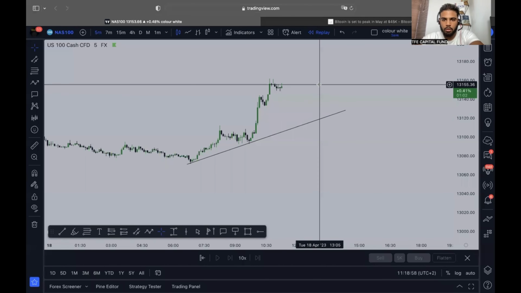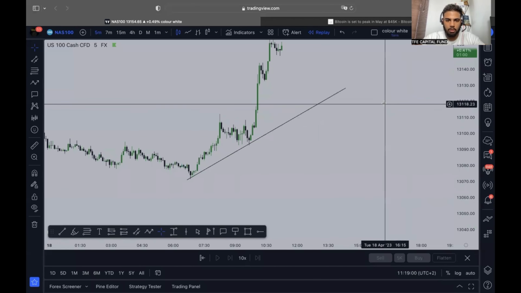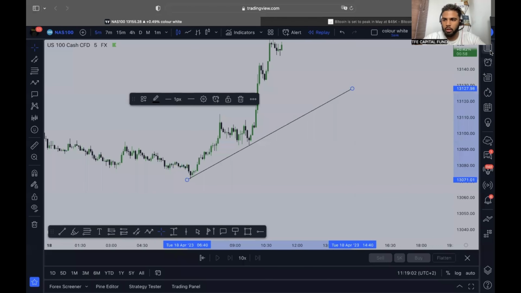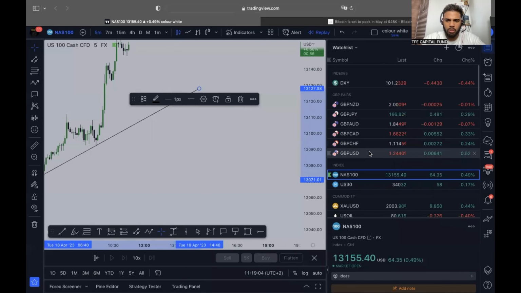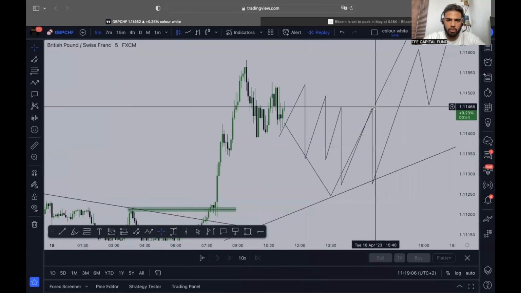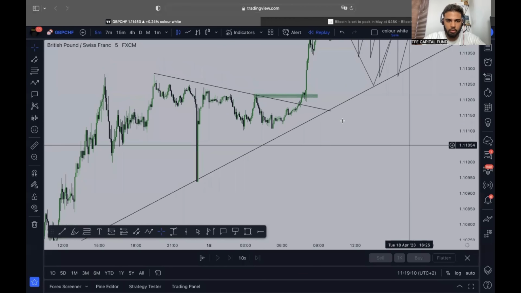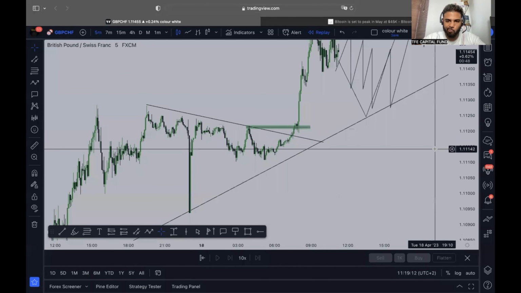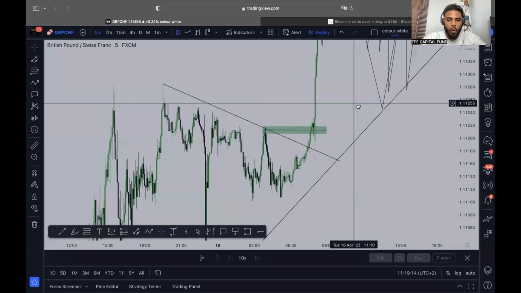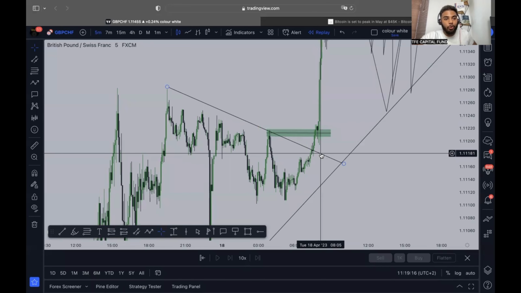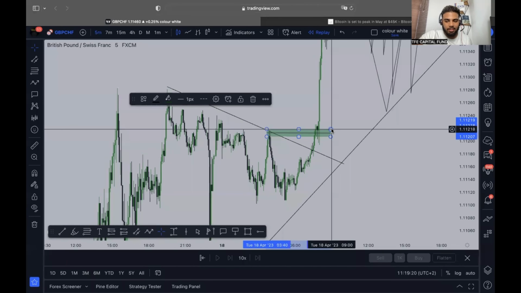Let's go through the chart. This is NASDAQ, no? Let's talk about the one before this one. It was GBPCAD. You see, when you went to the lower time frame, which is here right now, you see, it didn't come. Oh, you will wait for the trend line to be touched? I will wait for the trend line to be touched.